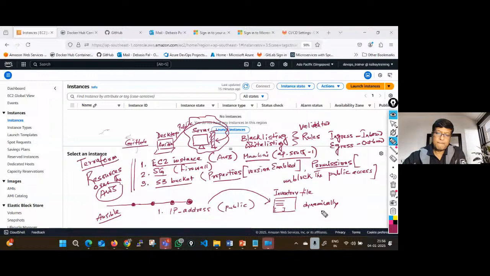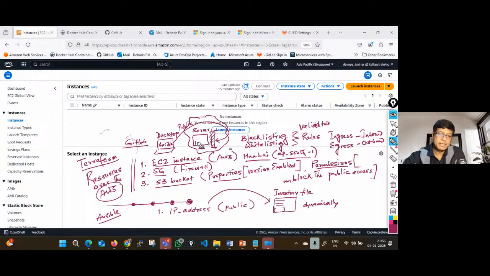We can use Terraform, which is able to fetch the metadata from the configuration file. Terraform has created this EC2 instance with a public IP address. Terraform work is over. Now my next work is to extract this public IP address